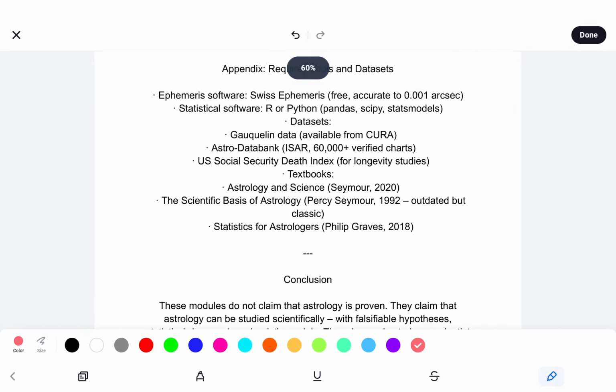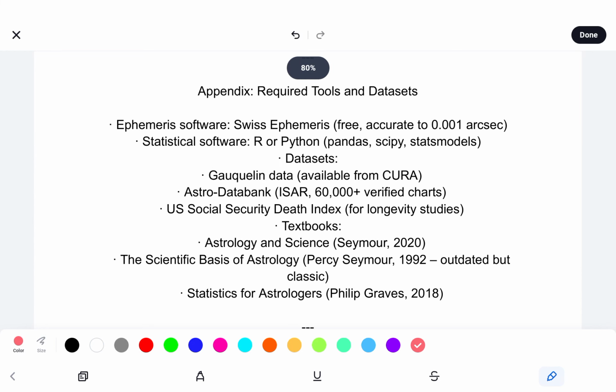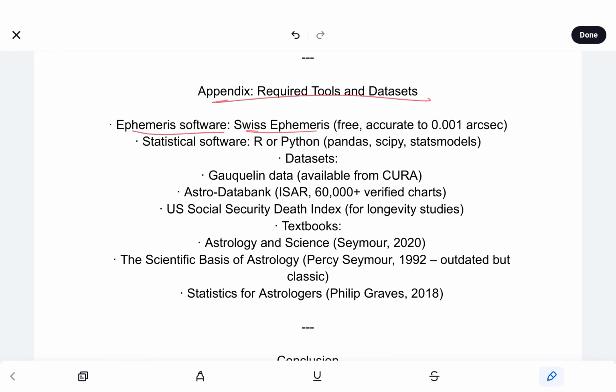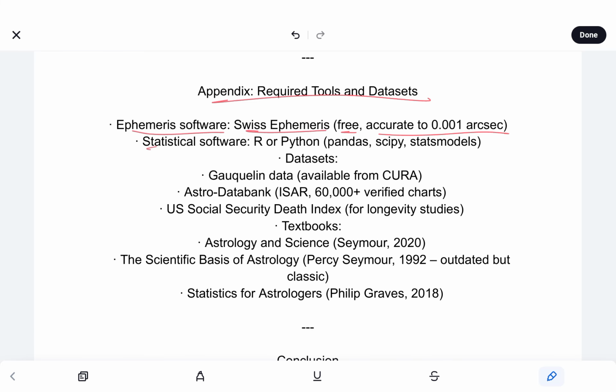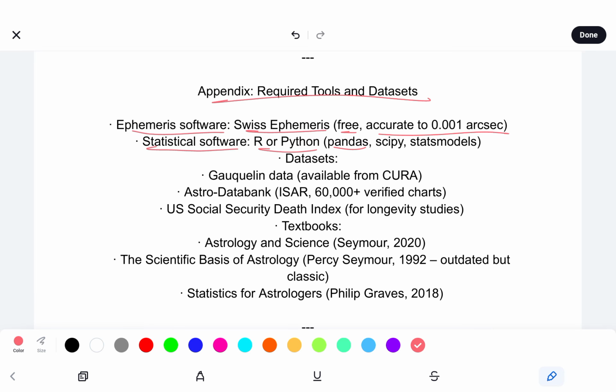All right. Now we look at our appendix here. Required tools and data sets. So ephemeris software, Swiss Ephemeris, is free. It's accurate to 0.001 arcsec. Statistical software is R or Python: pandas, SciPy, statsmodels. And our data sets: Gauquelin data available from CURA, Astro-Databank, ISAR, 60,000 or more verified charts,